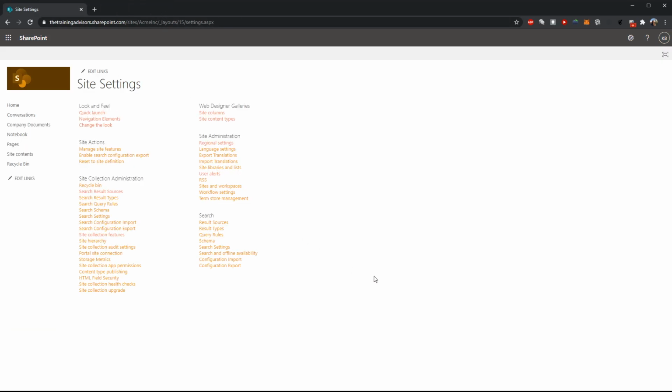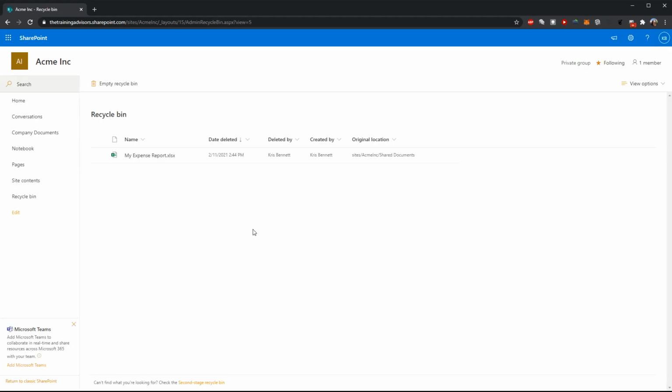And then later, they realize that they shouldn't have done that. Well, the administrative recycle bin allows site administrators to get access to anything that sits in an end user recycle bin, and also to recover items that end users had permanently purged from their recycle bin for a limited amount